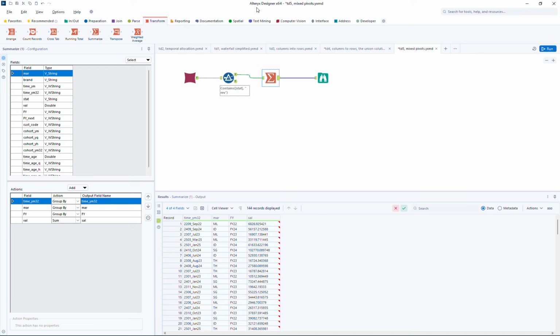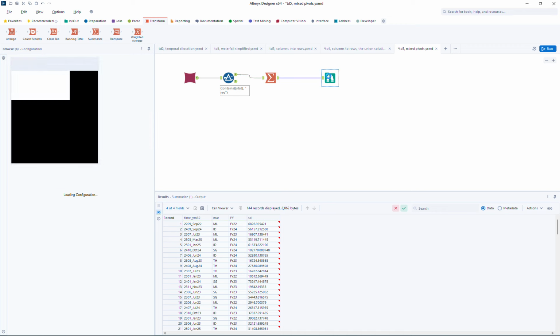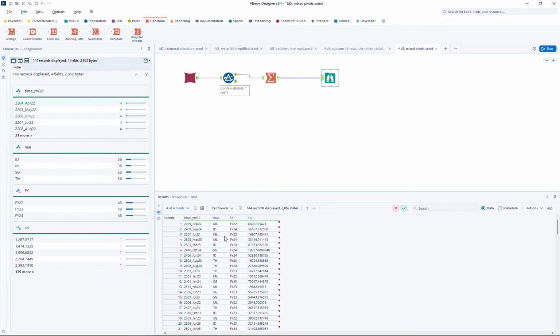Hi guys, let me show you how to perform a mixed pivot table. So we start from here, which is the monthly revenue by market. Okay, so if I use a pivot table like this